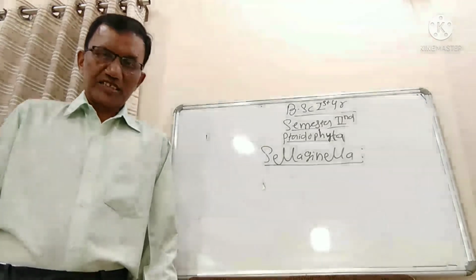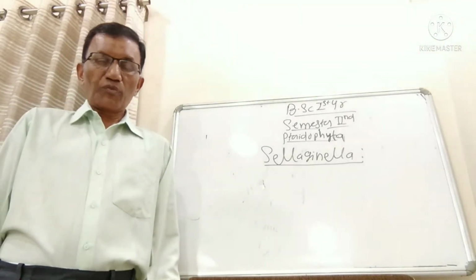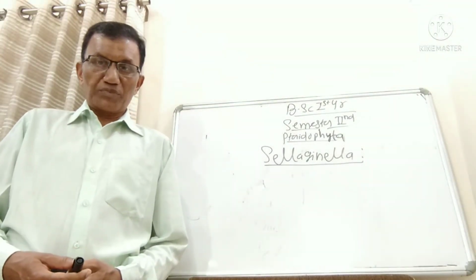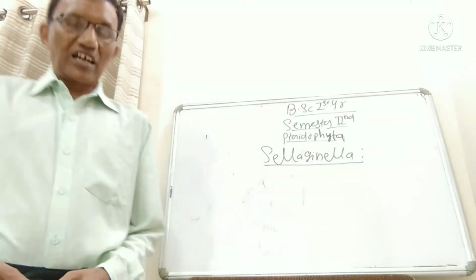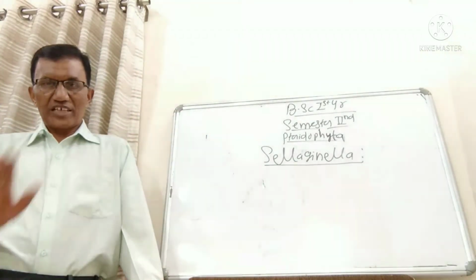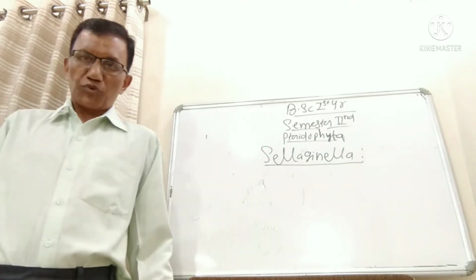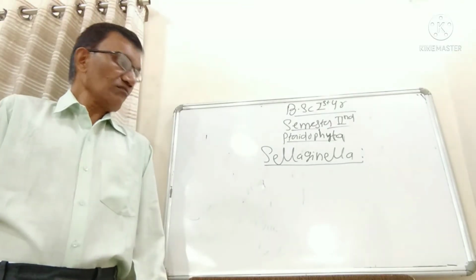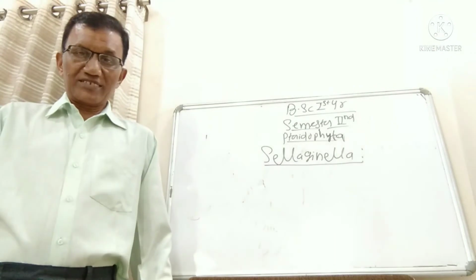Heterosporic nature is an evolutionarily important point in the case of Selaginella. The presence of heterospory is an evolutionary trend towards the higher plants. So that is an important characteristic of Selaginella, due to the presence of megasporophylls and microsporophylls, megasporangium and microsporangium, megaspores and microspores.